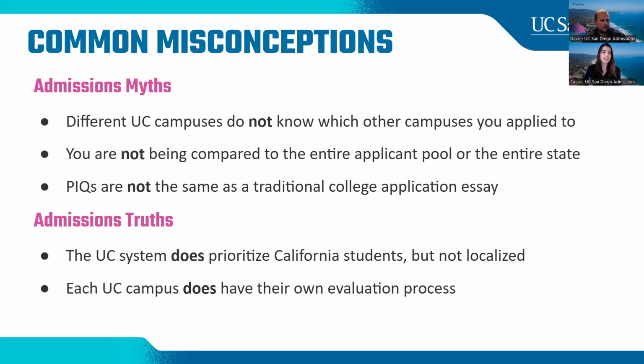So each UC campus has their own rules. They have their own policies. If you do have any questions, any updates or concerns, make sure that you are contacting the admissions office for each UC undergraduate campus that you have applied to, because they might each have their own rules and we don't talk to each other. So you telling us one thing but not telling another UC campus doesn't mean we're going to tell them. In fact, we won't. So make sure you're contacting everyone individually if you do have questions.